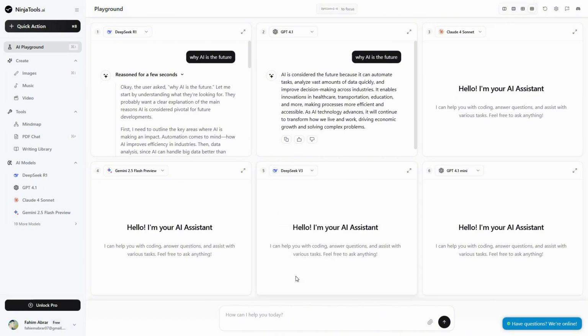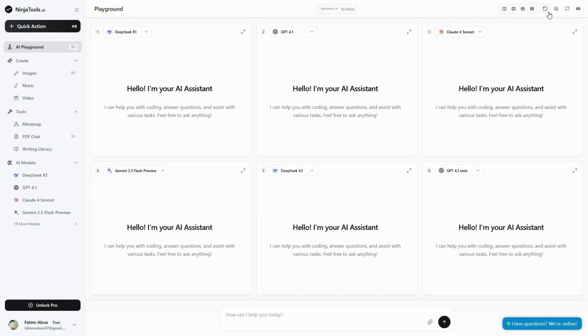And in order to test all the AI models at the same time, all you have to do is just send your message or upload a file, whatever you want, you can do that from here. And on top there is also this reload button, some settings, and the feedback button, as well as the Discord server of NinjaTools. And then on the left side there are also some other options, but before I show you,